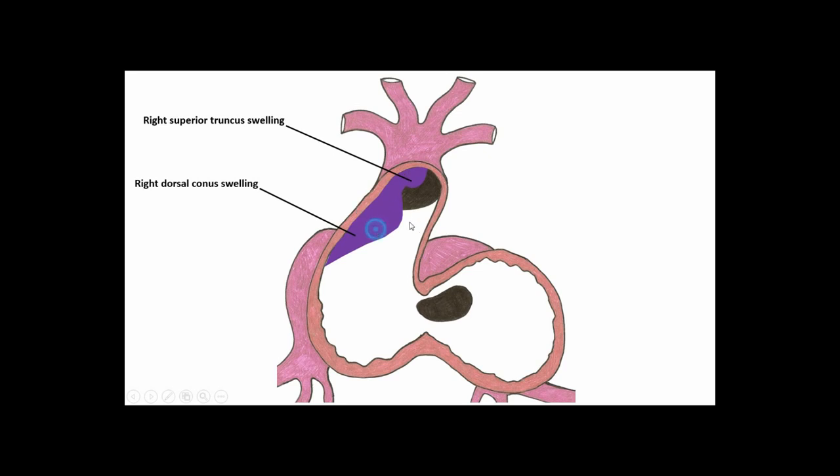These are opposite a left inferior truncal swelling, and what would be coming out of the screen a little bit as the left ventral conus swelling. This is difficult to visualize. What I want you to think about is that basically you have a growth from one side of this vessel to the other, meeting its corresponding growth and fusing on the midline to form a septum called the aorticopulmonary